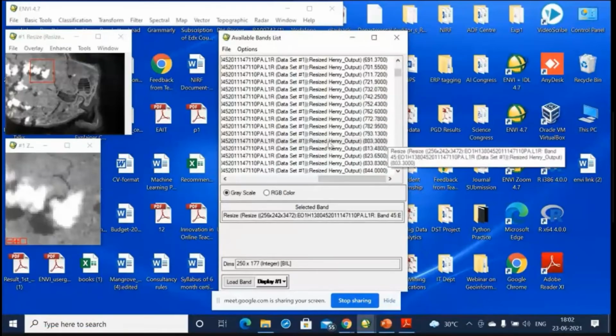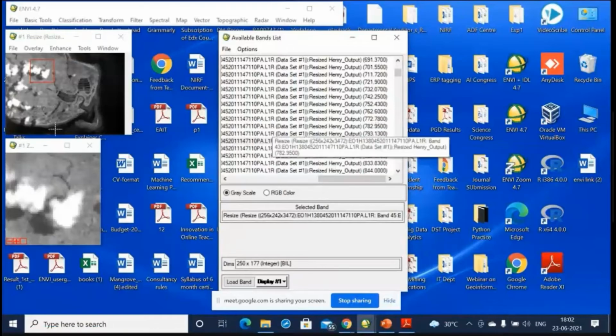And when you click or select an image, this is how the image of the Henry Island looks. And this is totally black. This is the Bay of Bengal. The water body is totally black in the infrared region. Why is it so? Can anyone tell me?